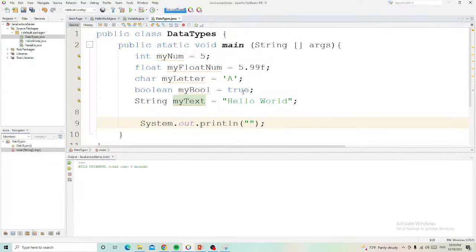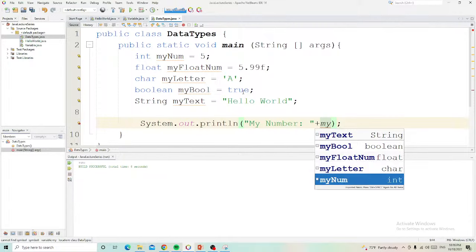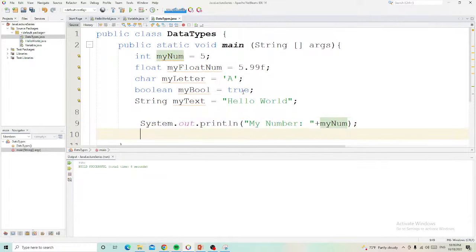Try it like my number, and then we can add my num. Okay, next is cout float num. So the float num is like my float.